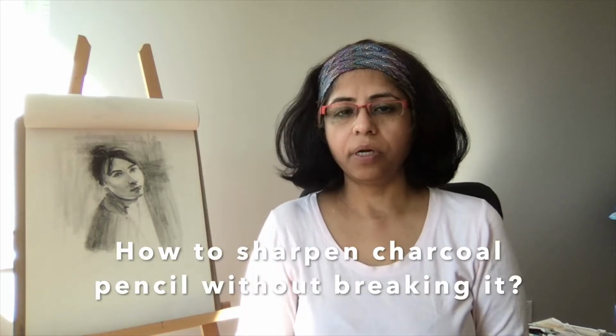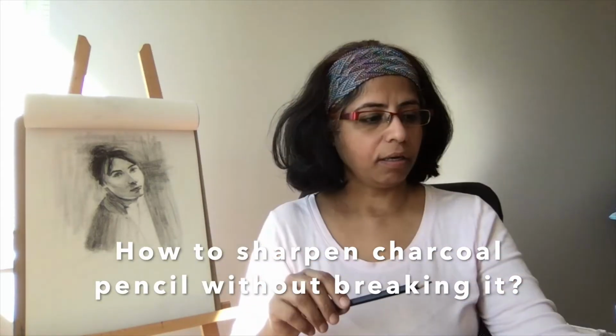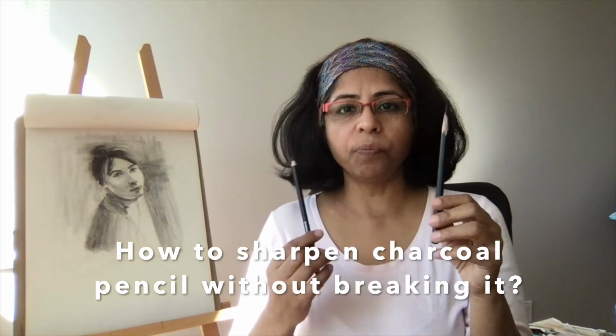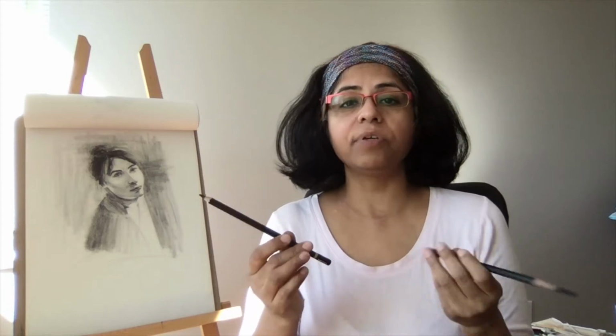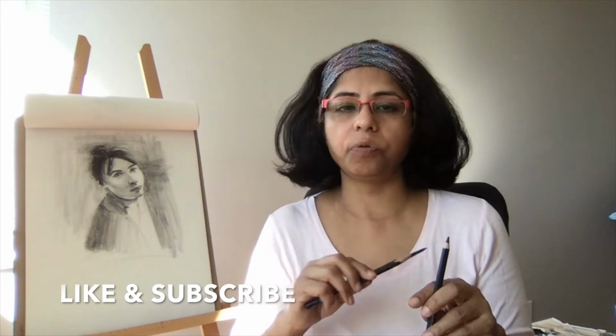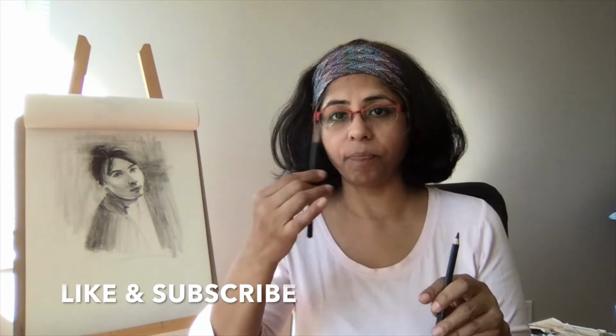Hi. So today I'm going to talk to you about how to sharpen a long length pencil like this. Most of the time when you buy a pencil, you get this length, or sometimes it's not even sharpened. So why do we need to sharpen our pencil like this? Just to have more control over your strokes and lines, and you can actually work like you're painting from